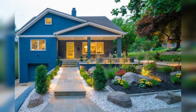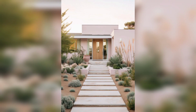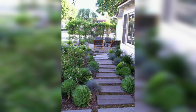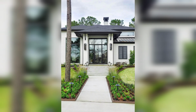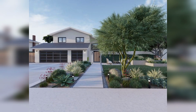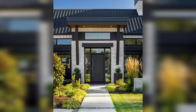Popular lights not only enhance the aesthetic of your entrance but also add safety and security. Install outdoor light fixtures such as wall lighting or overhead lights to illuminate the pathway and highlight architectural features. Consider incorporating solar-powered lights to add a various approach and mood, or